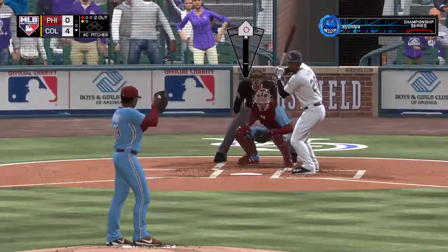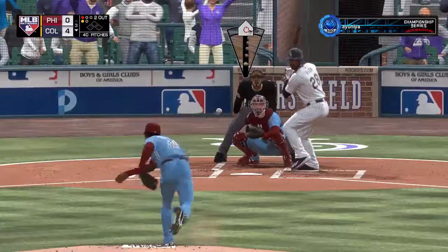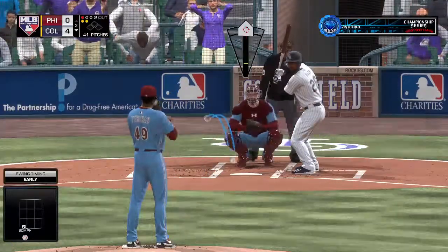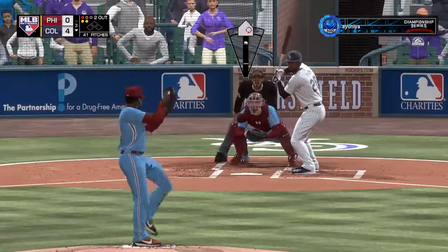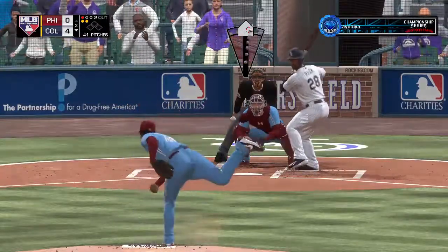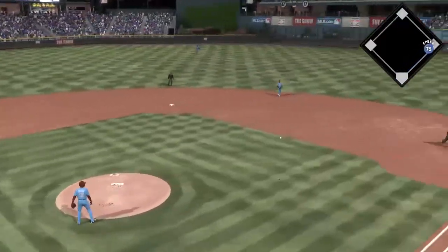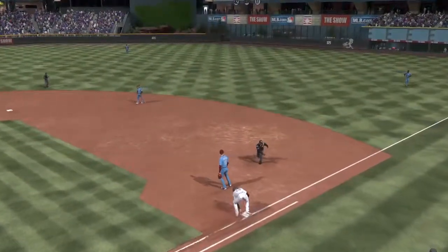So he threw the slider darting away to him 2 times in a row. Now I don't think he'll go for it again. I'm looking for something hard inside on this pitch. Well, now it's a 1-2 count. He's throwing the same pitch 3 times in a row. He got ahead with it. Now let's see if he puts him away with it. Blanco takes it in. And a close play at the...